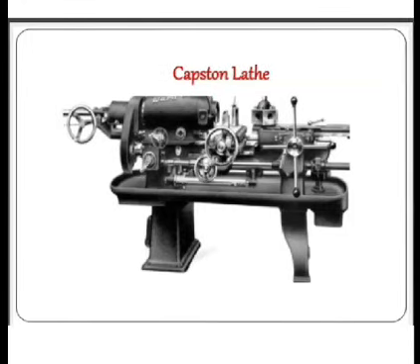The next is the capstan lathe. It is suitable for light and small jobs. The turret is mounted on a ram which slides over the saddle. The travel of the turret depends on the length of travel of the ram. Only short length workpieces can be machined on this capstan lathe. The construction provides non-rigidity to the tool supports. It works under light cutting conditions, capable of turning only 60 mm diameter of bar stock.